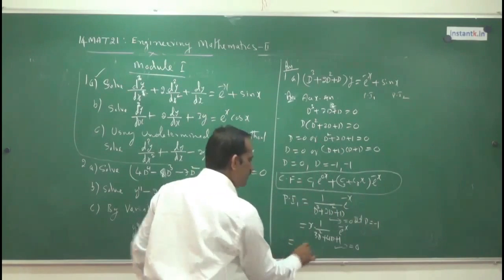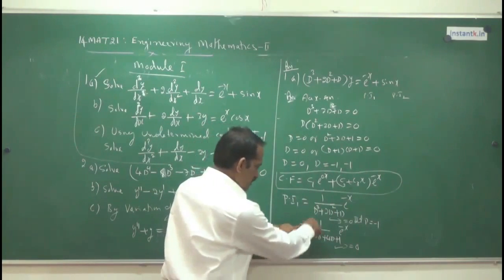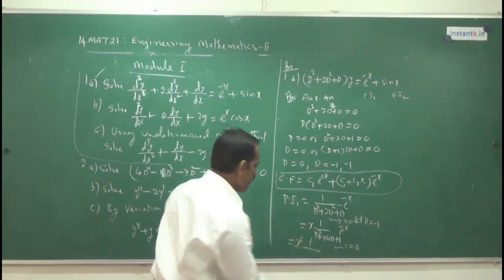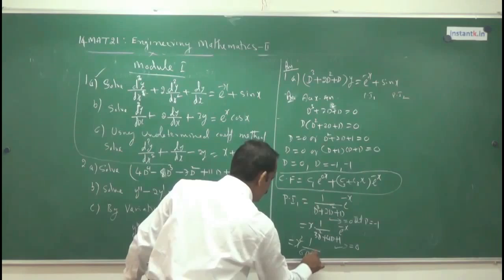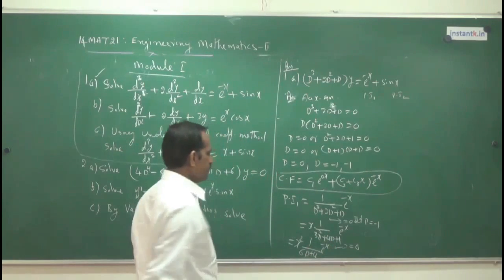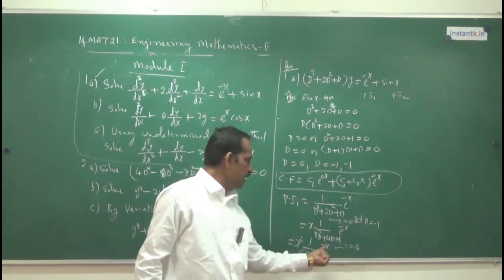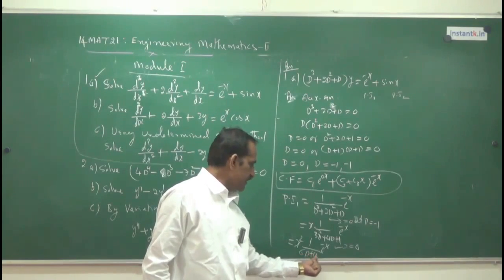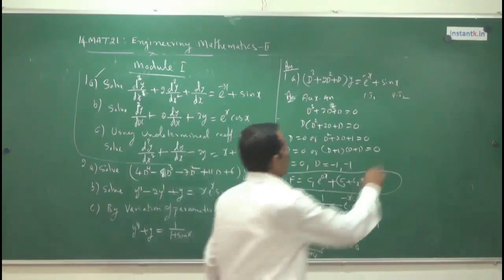Since it is 0, what is the method? This x becomes x square, 1 over D, again differentiate. Derivative of D square is 2D, 6D plus 4 of e power minus x. Now you can put D is equal to a, which is here minus 1. So 6 into minus 1 is minus 6 plus 4, means 2 only. So we got